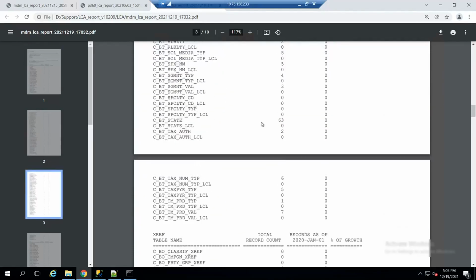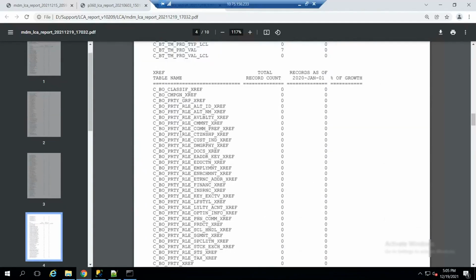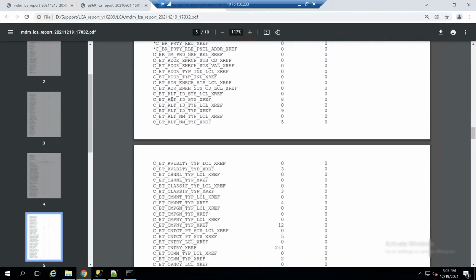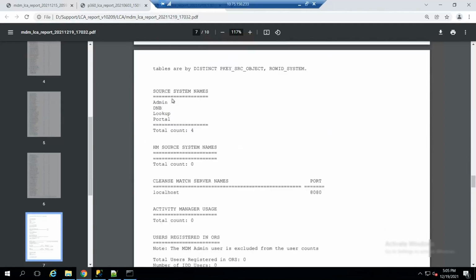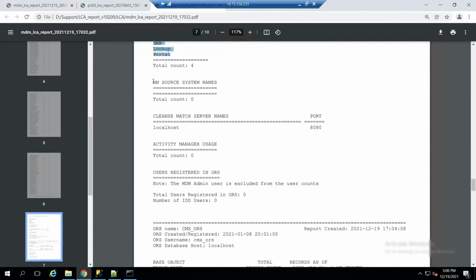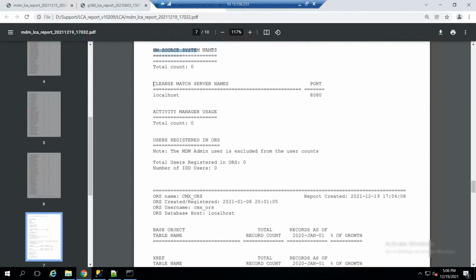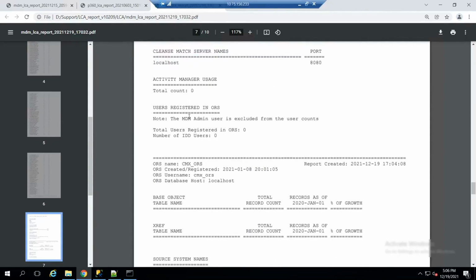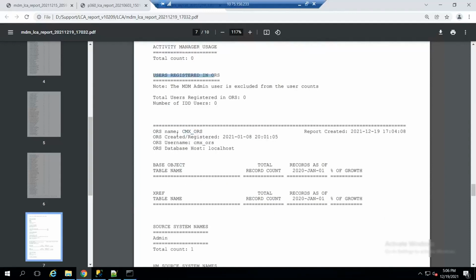Once this gets completed, you will see the Xref table details, then all the source systems which are defined there, then the source system names, then the cleanse match servers which are defined, and then how many ORS users are registered. Then it will continue for the next ORS as well.